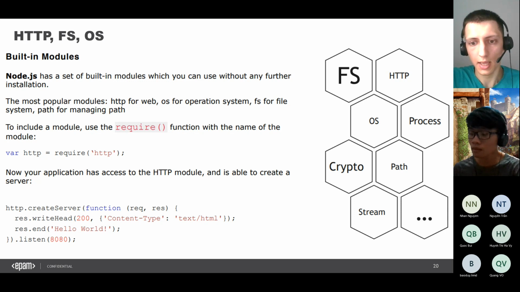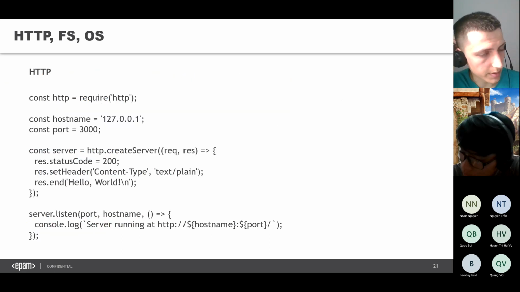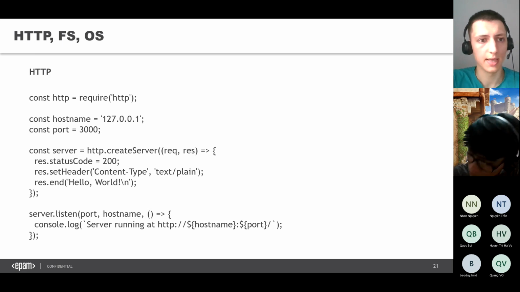And here is a little bit more of an example of how to use the HTTP server. First we import http, then we create variables with the host name and port. By default, this host name can be accessed by just the localhost domain on your local machine.